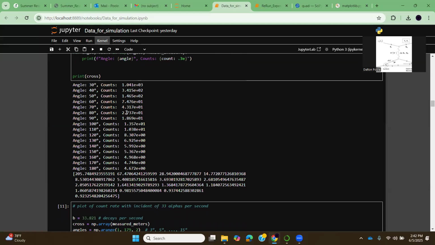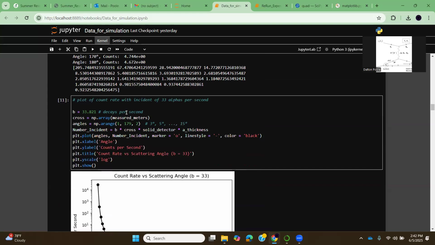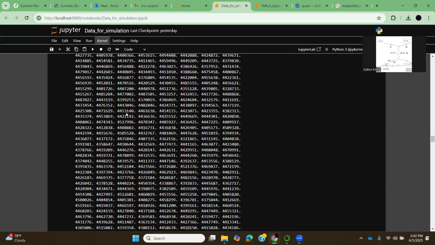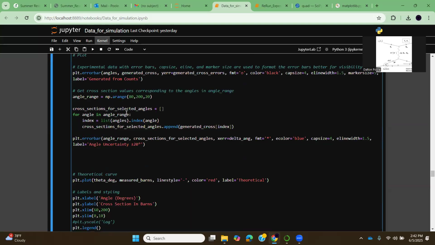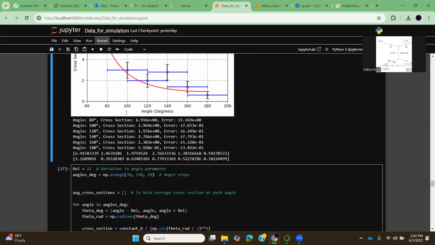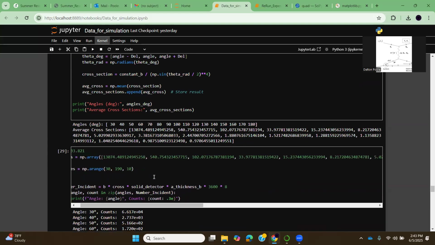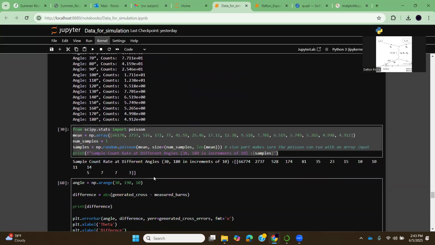So he wanted to come up with a different way to grab that average. The way that he came up with is to actually do an average using integration, as opposed to how I was doing it before, which is where I'm just averaging over two angles and then dividing out the actual cross section at that angle. So what I mean by that,